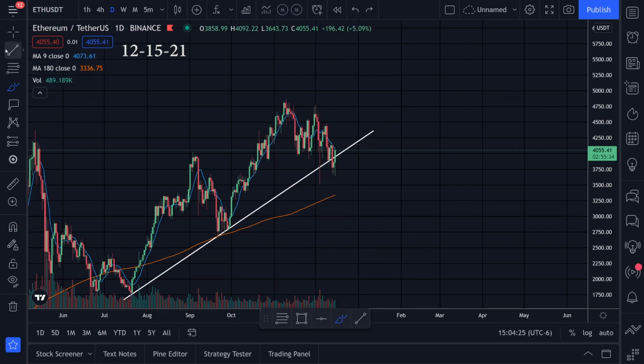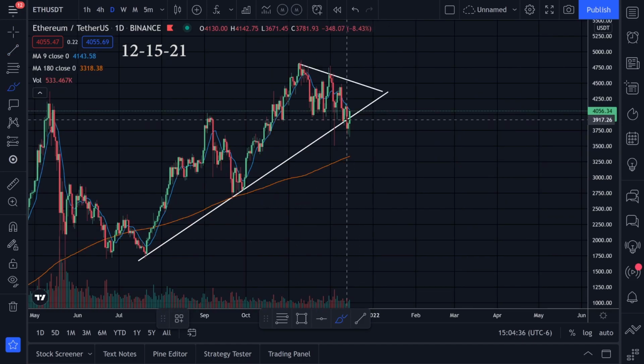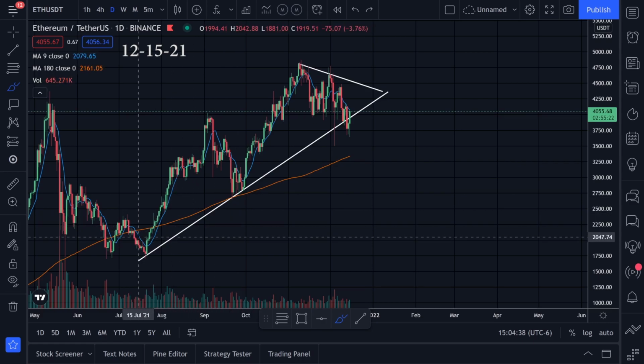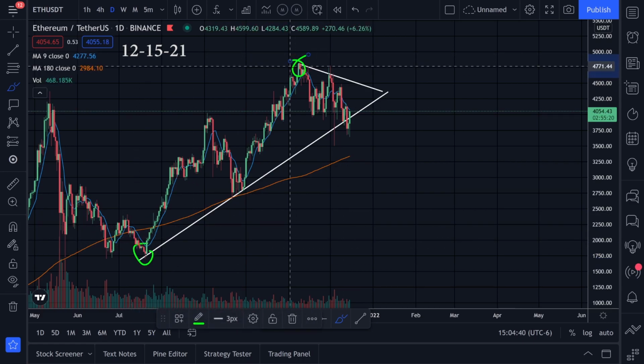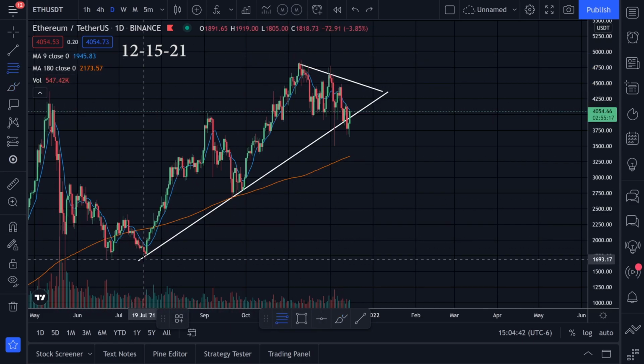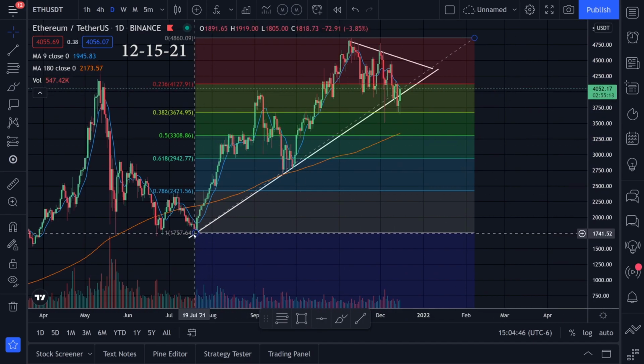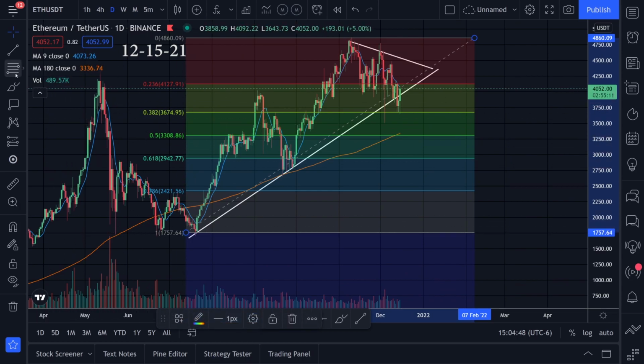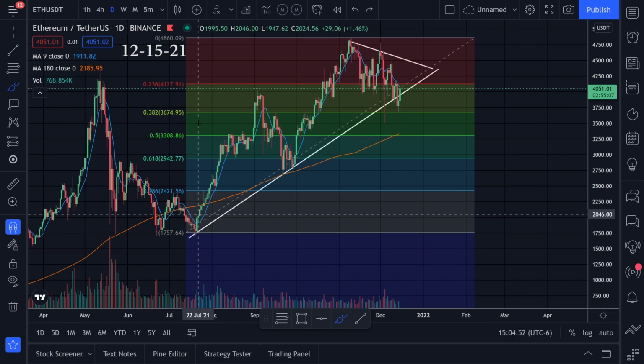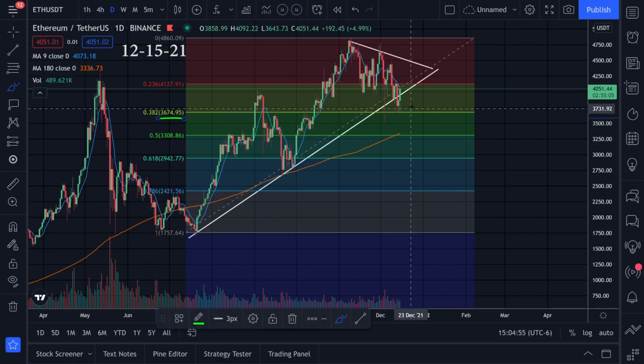Let's do another trend line, maybe something like this. When we broke this trend line right here, I set up a Fibonacci retracement from the bottom of this trend to the top of the trend, and I'm looking at these Fibonacci retracement levels for limit orders. I have limit orders set on these levels right here. So the first one is the 38% level at 3,674. I had one at 3,700. We came down, hit that level, and got a bounce.